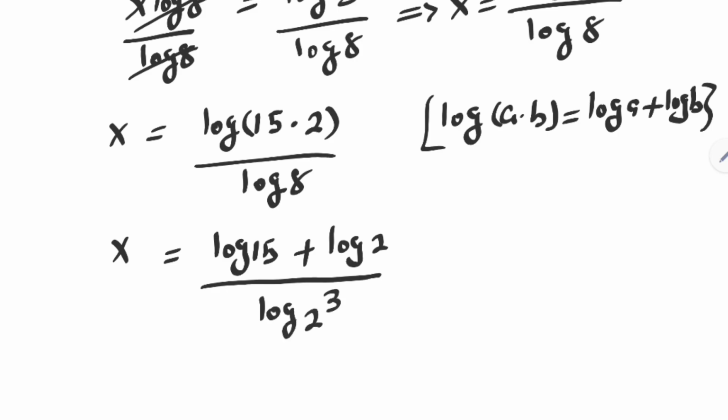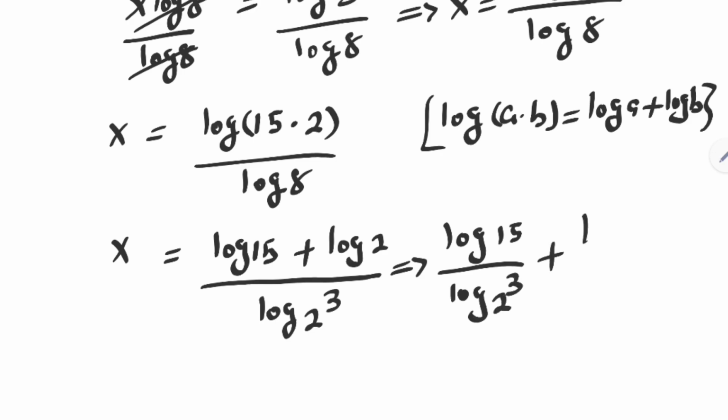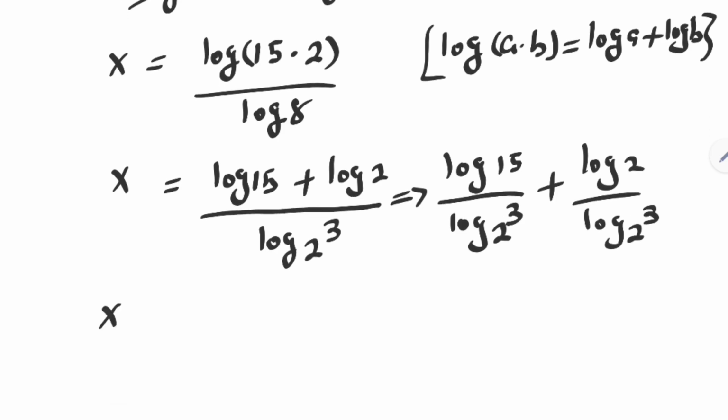log 2 raised to power 3. And this is the same thing as log 15 over log 2 raised to power 3 plus log 2 over log 2 raised to power 3. x is equal to log 15 can be written as log 3 multiplied by 5